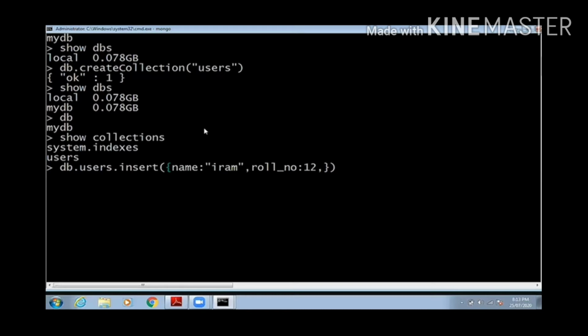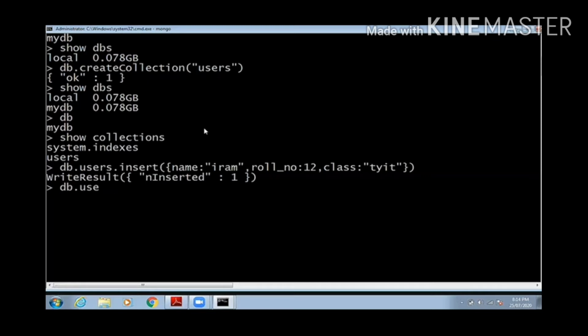If it is a number, then you write it as it is, no inverted commas. Class is again textual data, so I will write it in double inverted commas. Now this is my single row. I will just press enter. I can type a semicolon also, or go without a semicolon. This will insert one document inside my users collection, inside my users table. Why am I using the table and row concept again? Because you are familiar with